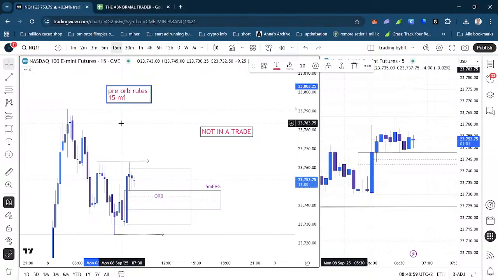A 15-minute range from 8, yes, this is my time, of course, guys, when I get online, till 8:15. That's actually 8:10. We need a 5-minute breach, a candle close outside, before 9.